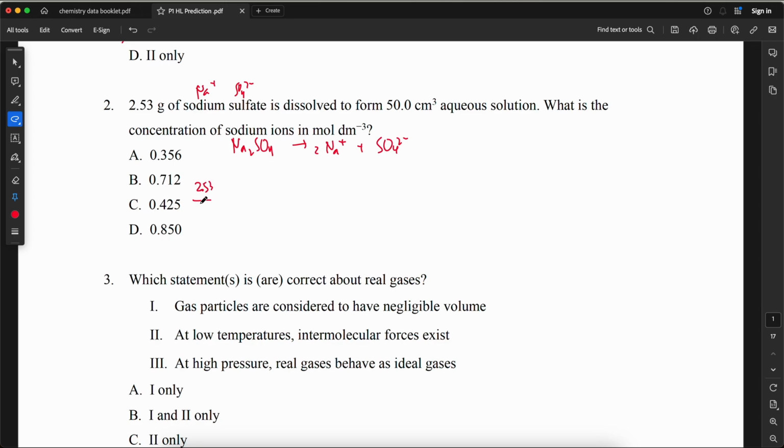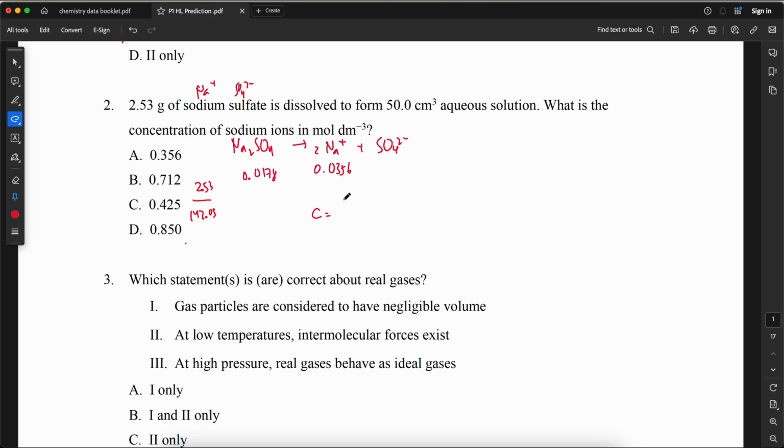2.53 divided by its molecular mass, which is 142.05. It's 0.0178 mole, because for 1 mole of sodium sulfate, it's 2 mole of sodium ion. So the mole of sodium ion would be 2 times 0.0178, which is 0.0356 mole. So to find the concentration of sodium ions, that would be mole divided by